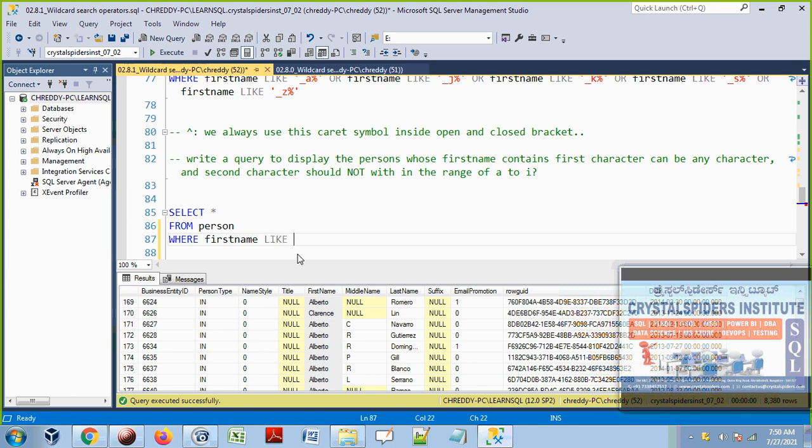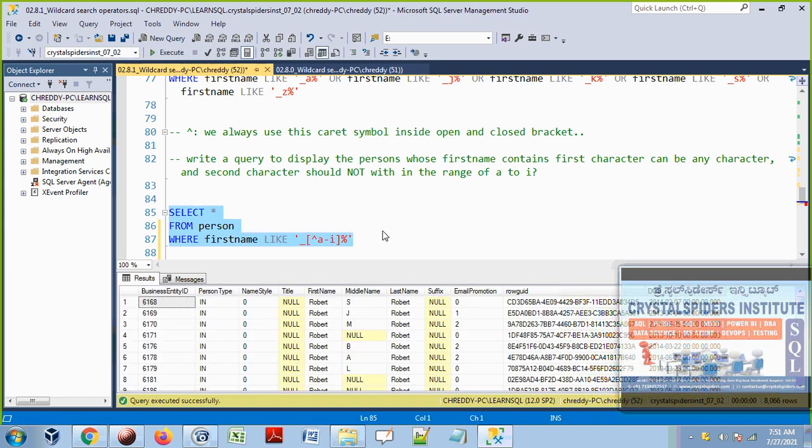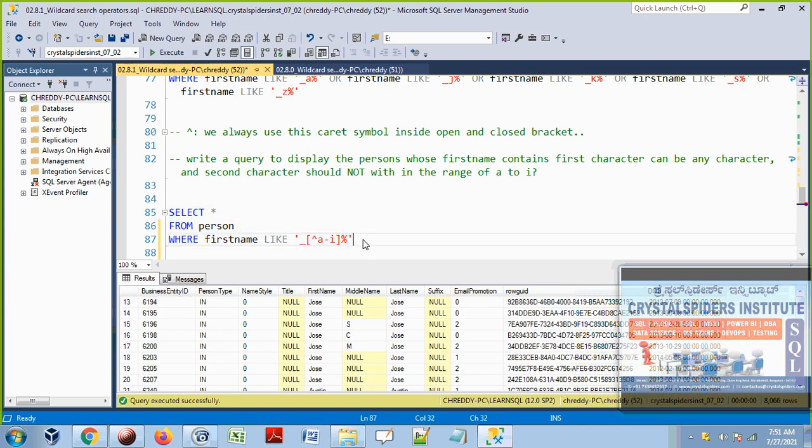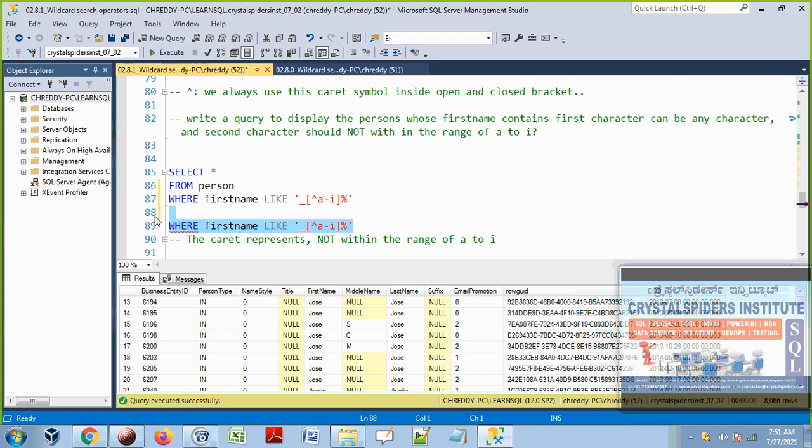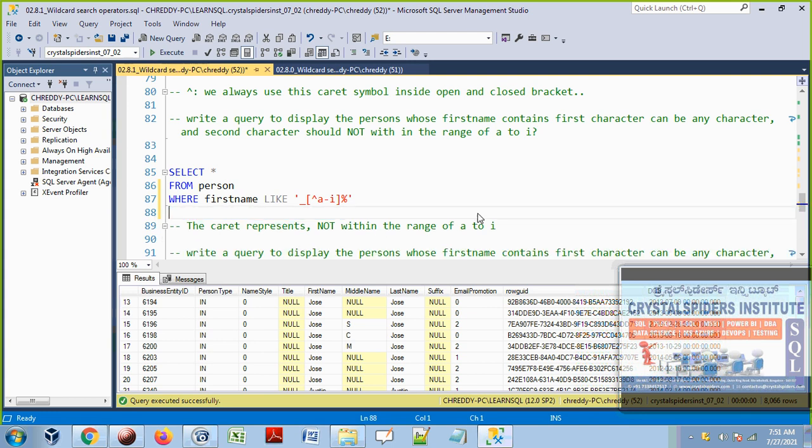Capital letter, small letter, it doesn't matter, guys, but I always prefer to write keywords in capital letters. How do you specify not this range? We have to use the caret symbol. If you use the caret symbol, not A to I, it means other characters. See that the second character is O here, Robert, which is except A to I. So the caret represents not the range of A to I.